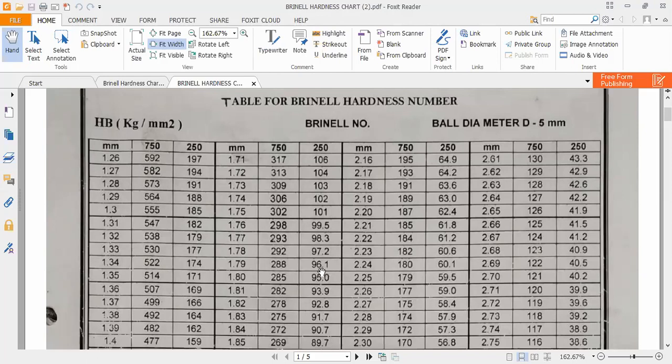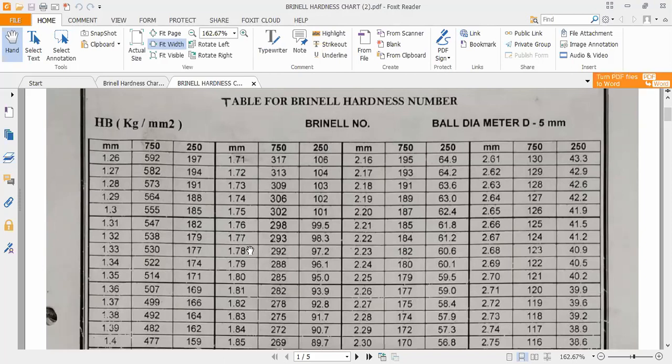So we are getting a 1.79 millimeter impression diameter. If we apply 250 kg, you get a hardness of 96, but if we apply 750 kg, you get a hardness of 288. Almost one third again. So hardness changes rapidly with the applied load, and of course with this kind of impression itself.